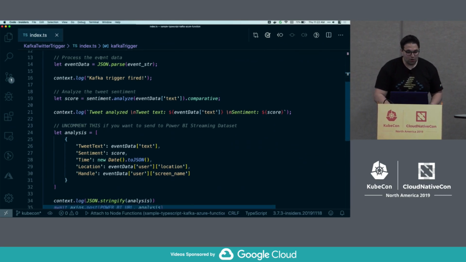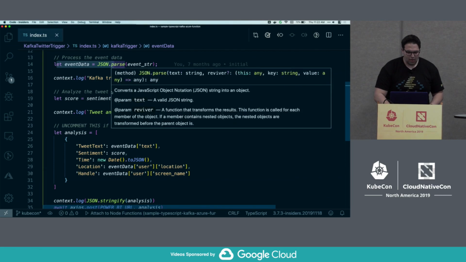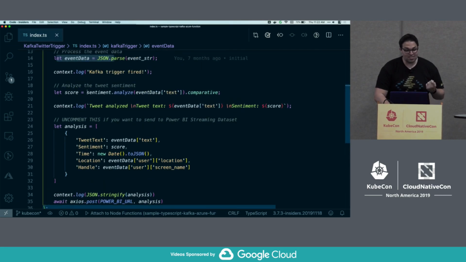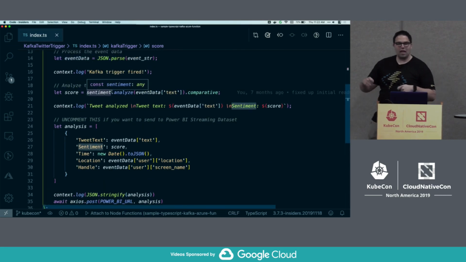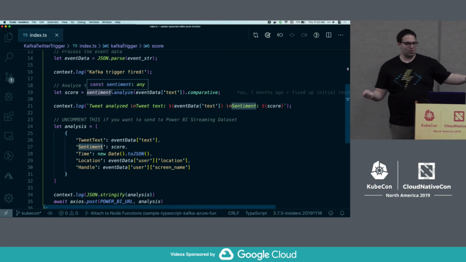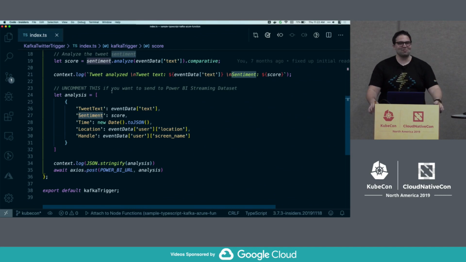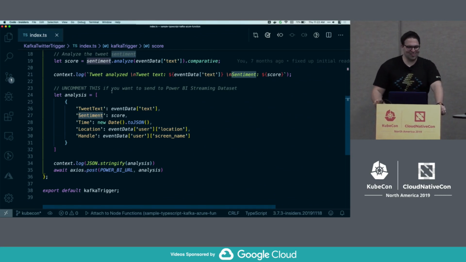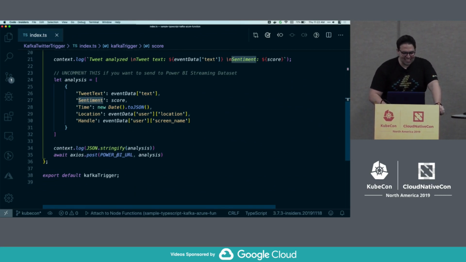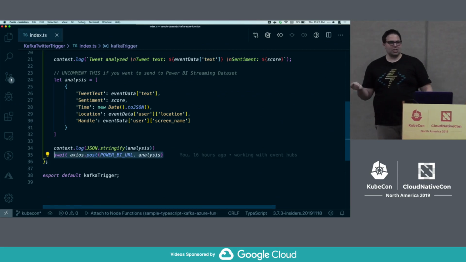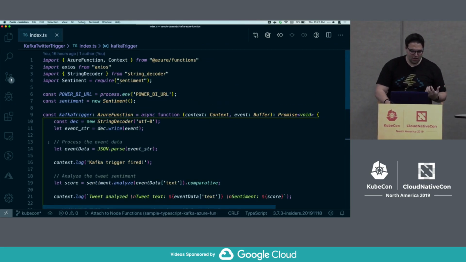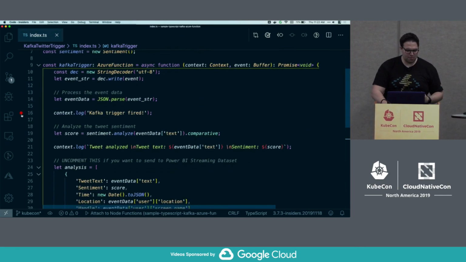And here I'm just going to pull in the Twitter event. I'm going to run some sentiment analysis on it. Are they happy about Star Wars? Are they angry about Star Wars? I assume everyone's happy about Star Wars. Maybe should I bring up The Last Jedi, though? That's a more controversial one. And then the last thing I'm going to do, I'm just going to make a simple HTTP post to that real-time dashboard. Now, what's nice here, and one of the things that makes this programming model nice,